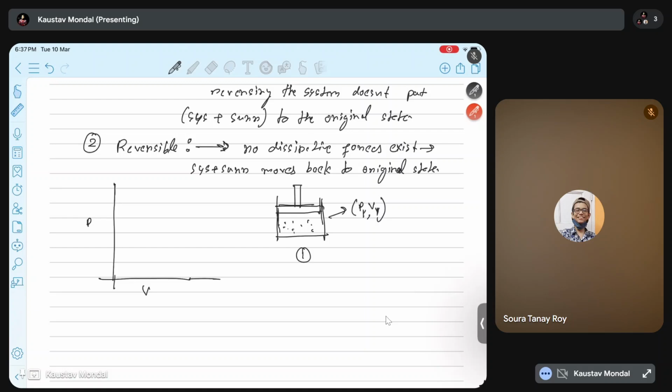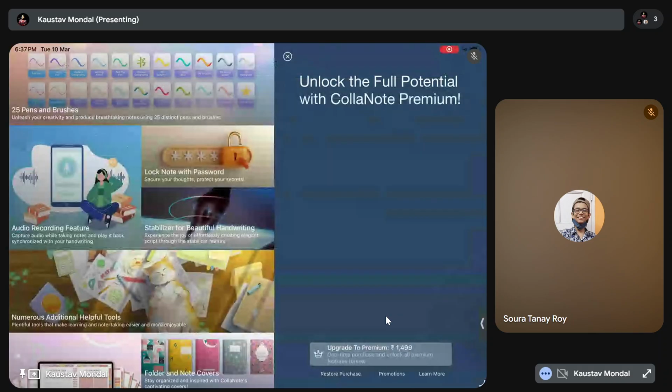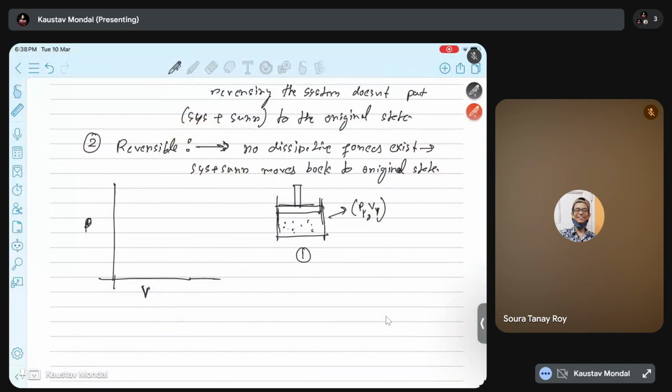So in this state diagram, you can point the state of this thermodynamic system with a point P1 and V1, right? Now, if you press the piston,